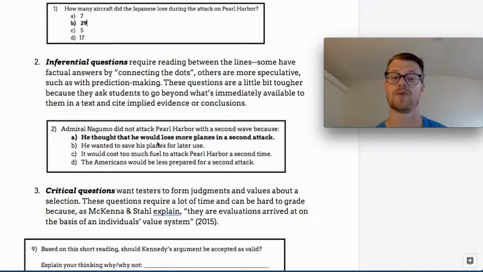The third type is really, really difficult, and honestly, you have to be really, really careful when you're doing this kind of question, like with supporting evidence assessments, and those are critical questions. And what we mean by critical is not that students are critically thinking. We mean critical as in forming values about what's right or wrong. And critical questions can be really tricky to assess because